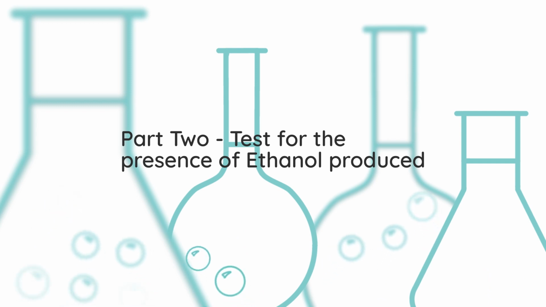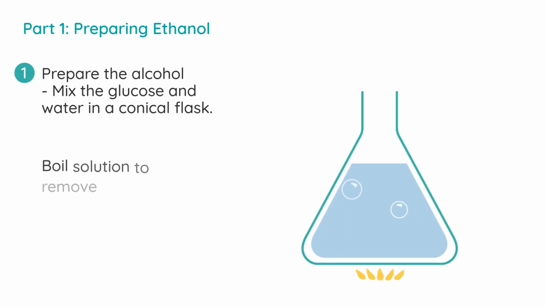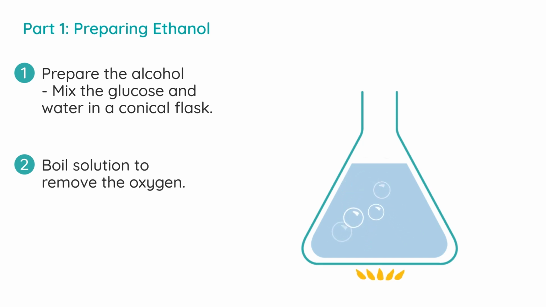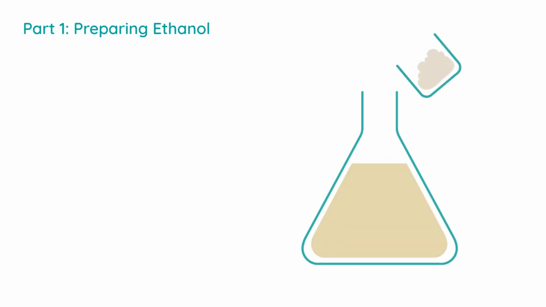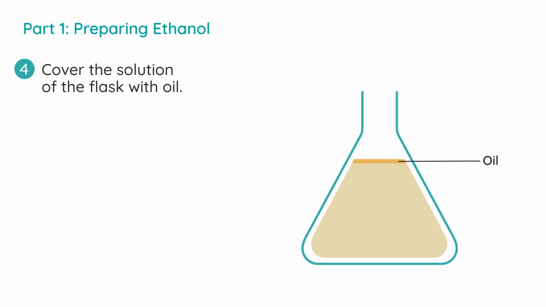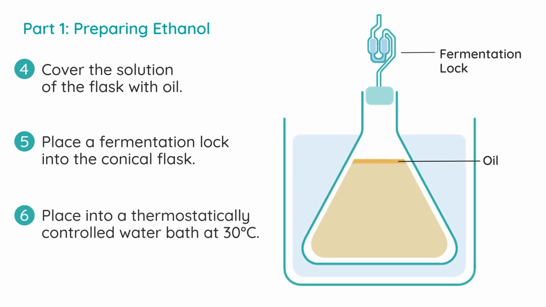that is produced. So to prepare the alcohol, in this case ethanol, we mix the glucose and water in a conical flask. We boil the solution for 5 minutes to remove the oxygen, thereby creating anaerobic conditions. We cool to 30 degrees Celsius and add yeast. We then cover the solution in the flask with oil, again to keep the oxygen out. We then place a fermentation lock into the conical flask. We place the conical flask in a thermostatically controlled water bath at about 30 degrees Celsius and we leave it